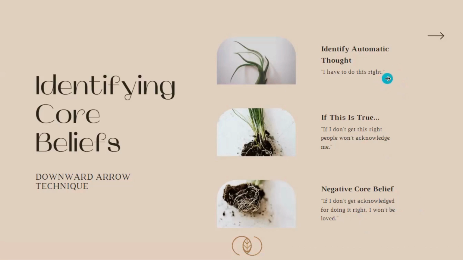And if that is true, what does that mean for them? What does that mean about them? And they said if they don't get it right, people won't acknowledge them. And if that is true, then why does that matter? Well, it matters to them because if they don't get acknowledged, then they won't be loved. And so that is their core belief that